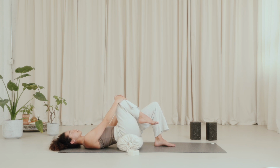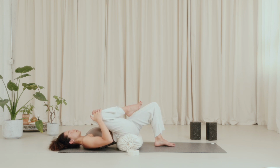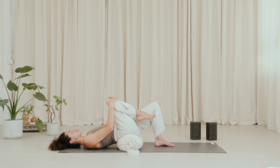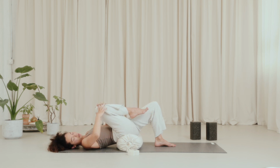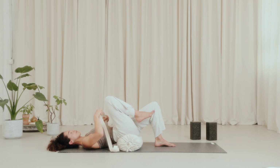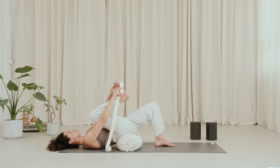You can linger to one side a little longer, or linger to the other side a little longer. Then when you're ready, you'll draw the knee in. And you'll reach for your strap. You'll open the strap, and you don't need to worry about the buckle today. Once the strap is open, you can